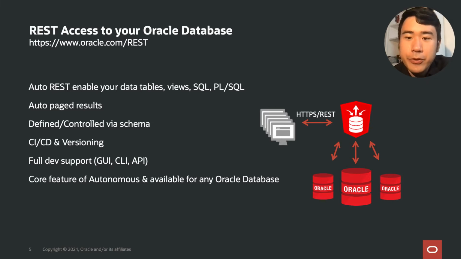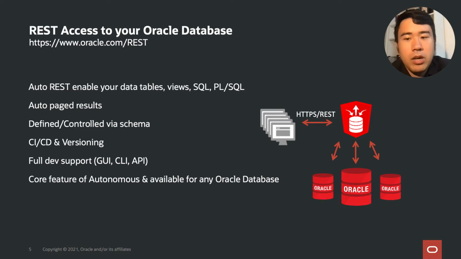Other than that, you can use Liquibase and SQLcl to capture versions and deploy the Oracle database schema. To build your RESTful web service, you can do that via a classic interface such as SQL Developer Desktop, or via our command line interface like SQLcl. You can use the PL/SQL API, and now we have a full REST development interface in both Application Express and